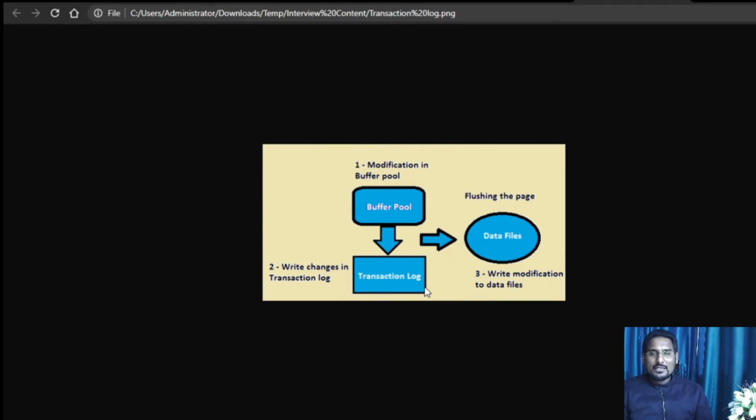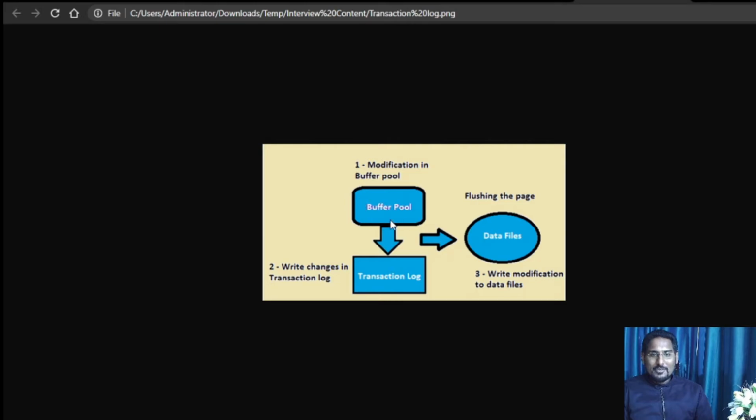Now, why am I saying the transaction log stores it temporarily? Because as soon as the transaction log transfers and moves the data to the data file, the record which was stored in the transaction log about the creation of the table and inserting data into the table also gets truncated from the log, because now this data is permanently stored in the data file.